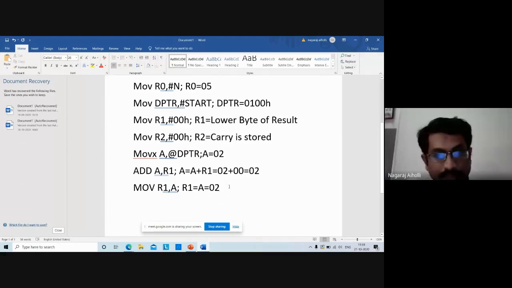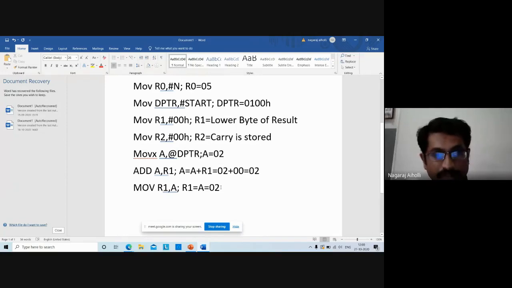This is for performing the addition of the first value with the sum, like how you used to take the initialization sum equal to 00 in C language. Then you added the first number to sum, you stored the sum, right? Then you added the second number to sum, whatever was the initial value in sum, that you added with the second number, you stored the result, then the result, whatever is there in sum, you added with the third number, like that. So it is the same logic.